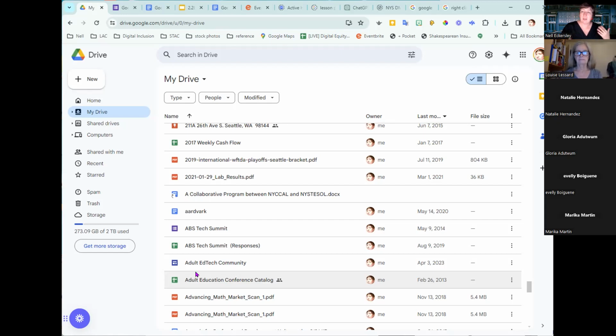If you're going to have a lot of documents related to the same thing, it might be easier for you to put those all in a folder with a label that makes sense, so you can come back and see them all together. If it's something that's a one-off, or you're just trying it out, you could just put it in your drive. It's all going to be there for you. The problem, honestly, is coming back and finding it. So the folder is a tool to help you find things that are similar, but you have to have created that system. You have to decide what your system is going to be.